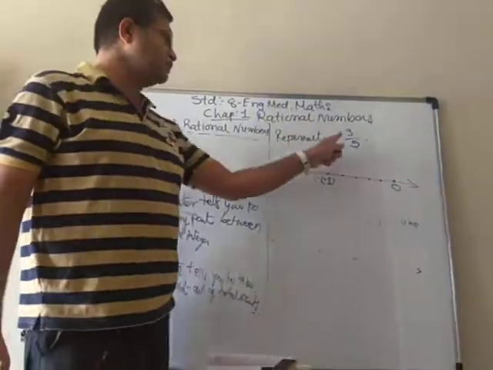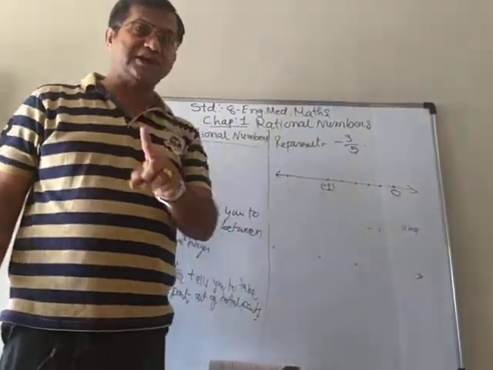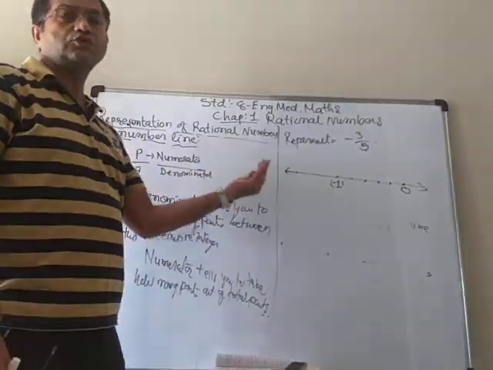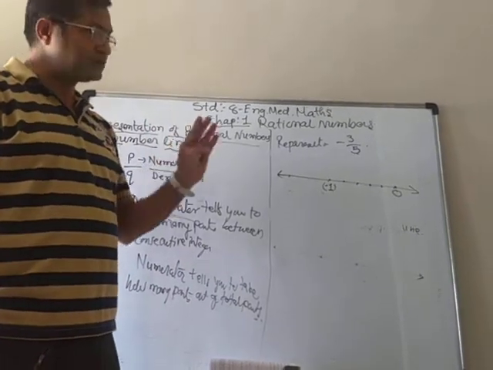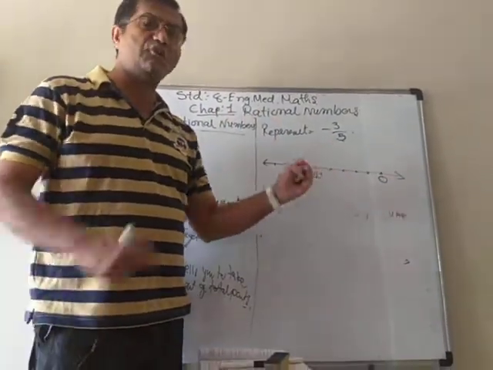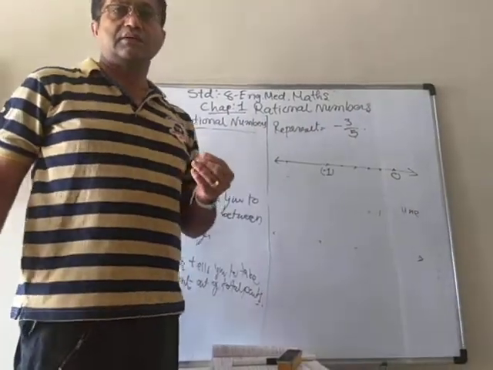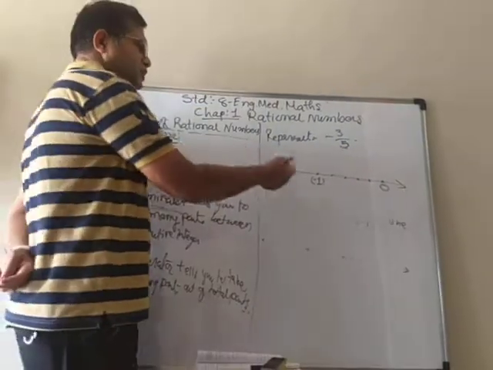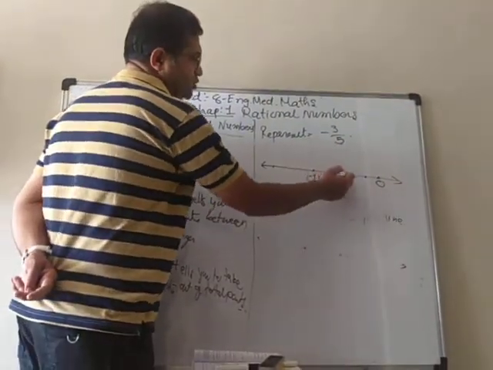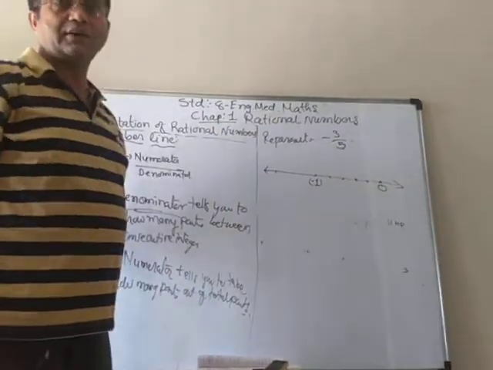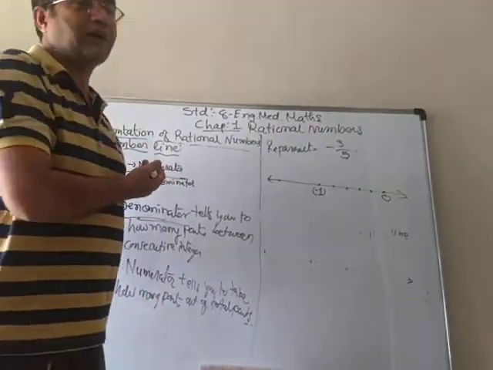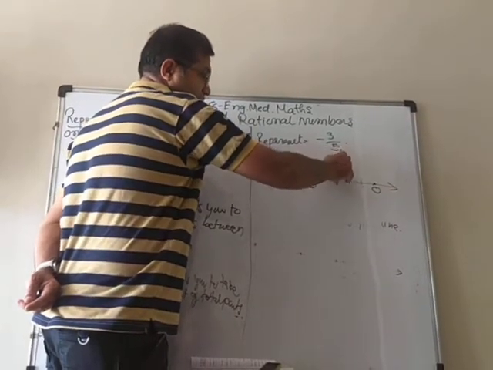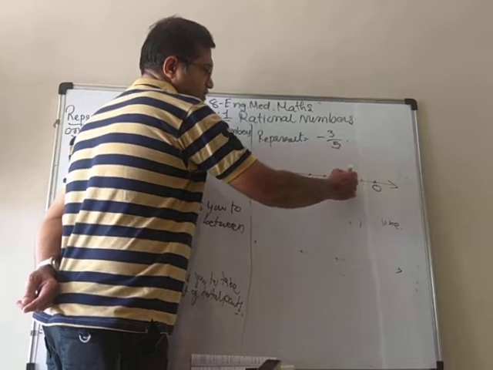And then we have to take 3 parts. But don't make mistake to do it from this side. You have to come from 0 to negative side. In positive integers, positive rational number, you go from 0 to right side. Here also you have to start from 0 and come, because sometimes in a hurry you can make like 3, then 1, 2, 3, then that will be a wrong number. You have to count from 0 to -1. So that is -1 upon 5, that is -2 upon 5, and that is your -3 upon 5.